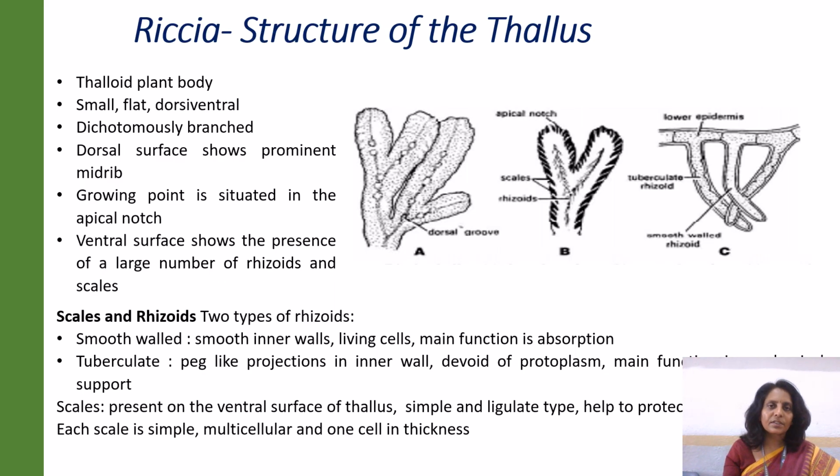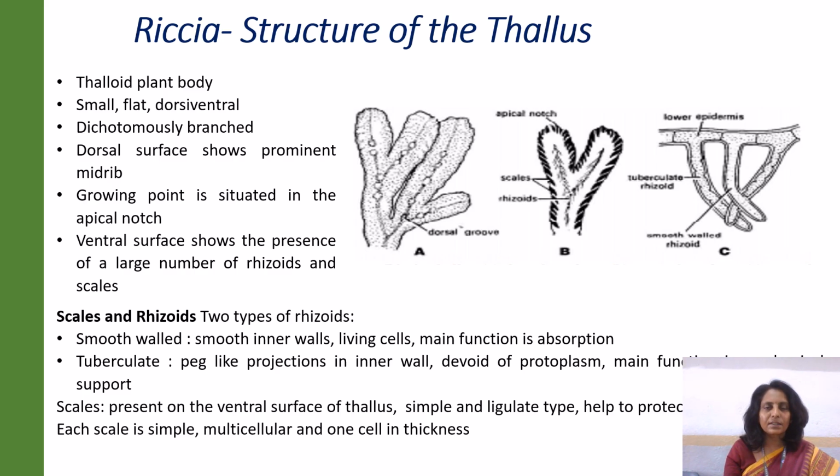In this slide, let us look at the structure of the thallus. The thallus of Riccia is dorsiventrally flattened. It has a dorsal as well as a ventral surface. It lies flat on the substratum. The plant grows by dichotomous branching. There is a growing point situated at the apical notch. On the dorsal surface is seen a prominent, well-defined midrib, while on the ventral surface are seen a number of